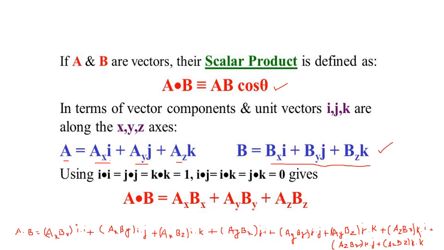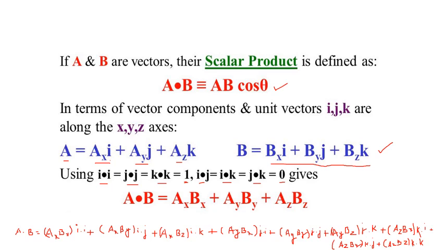So I have given here i dot i, whenever the unit vectors, similar unit vectors are multiplied. Don't forget, whenever the similar unit vectors are multiplied, your product will be 1. Okay, so similarly j dot j, k dot k, everything will be equal to 1. And whenever you're multiplying with the different unit vector, that is i dot j or i dot k or j dot k, okay, so all are different unit vectors. So whenever you're doing like this, you will get a product as 0. So this is the important rule in dot product.